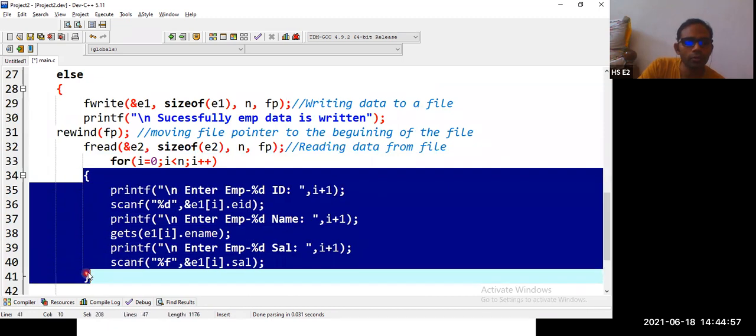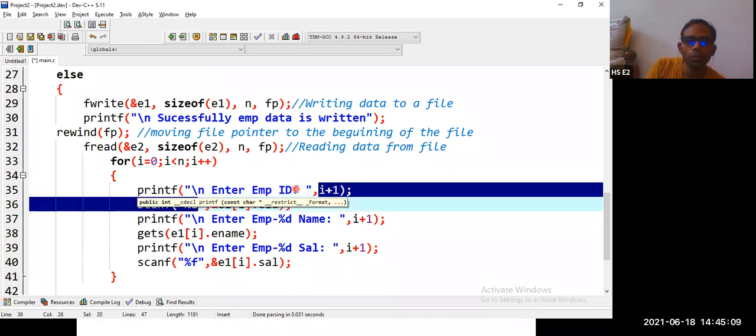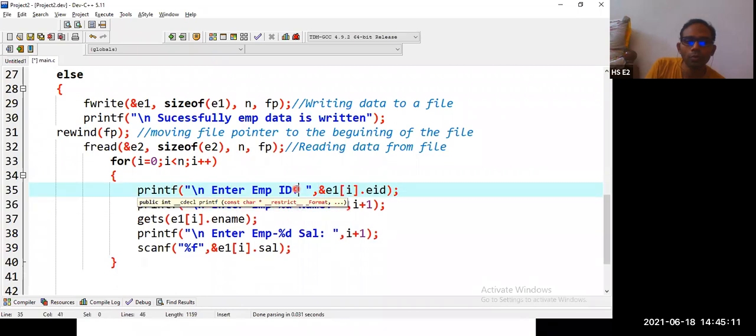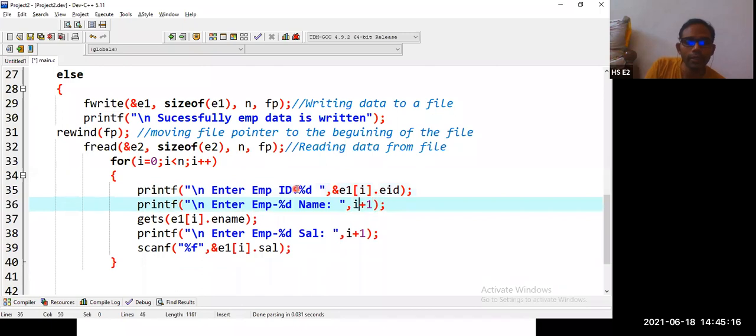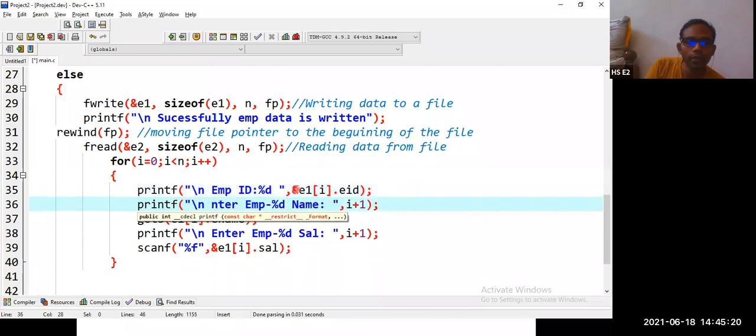So let me move the code inside. printf employee ID. Employee ID is equal to %d, then employee ID. Then we want to write employee name, no slash n. I want to write in the same line.